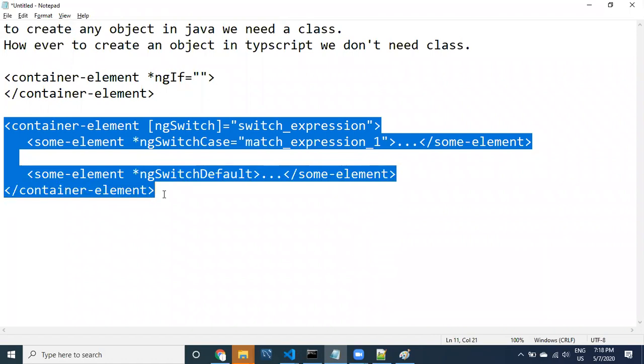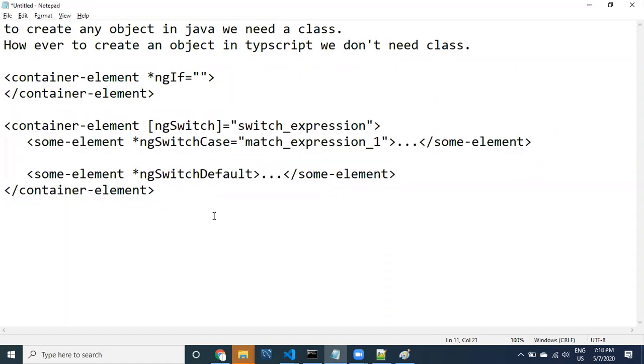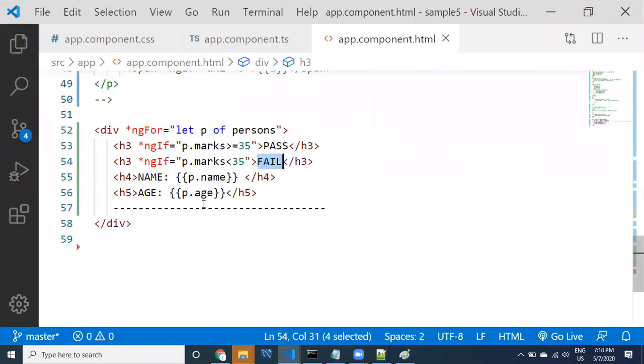Okay, so now, let us look at it, guys. This is an if-else case, I mean a pass-fail case, that's why it is displaying this one. But when you have multiple values, we have to use a switch case, like how it works in Java. Instead of writing if-else cases, we can go ahead with the switch case. The same way we can provide it.